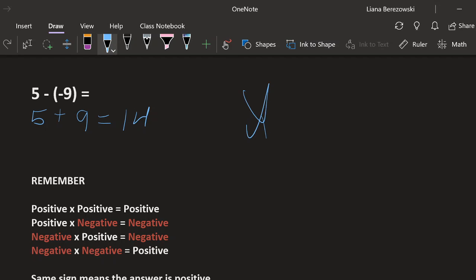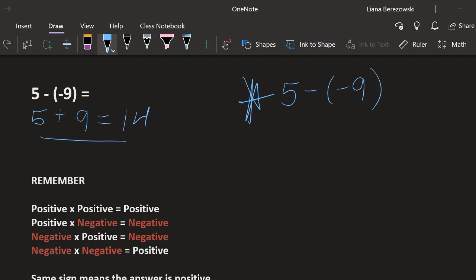Just as a side note, because I do remember mentioning this to you guys when we were talking about this originally, I have another little trick that you can use as well. I don't know if anybody actually likes this or uses it, but I always think about it when I'm doing these problems. These double negatives can be thought of as positive. Subtracting a negative, and I always say this in my head, is the same as adding a positive. So you can see that that's true, right? Subtracting a negative is the same as adding a positive.